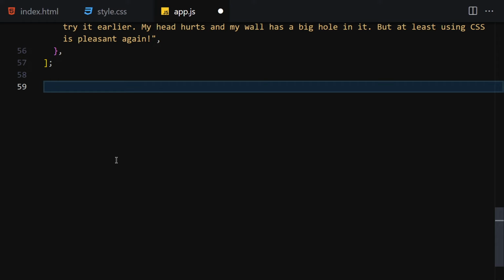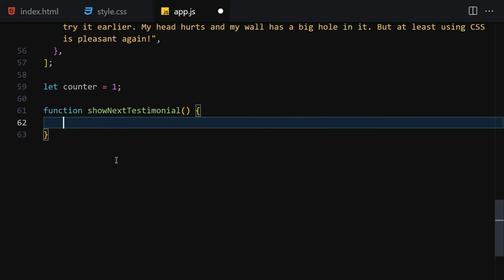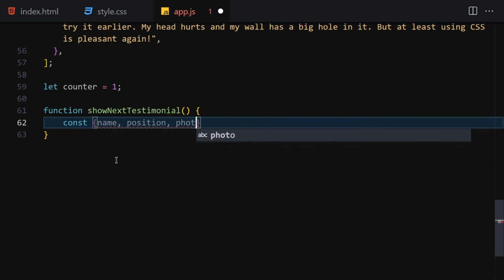So the final thing we have to do is create a counter variable, and the counter will be set to 1. Now let's create a function with the name showNextTestimonial. Inside this function, we are first of all going to use object destructuring. You want to get the name, position, and also the photo and text from this array,